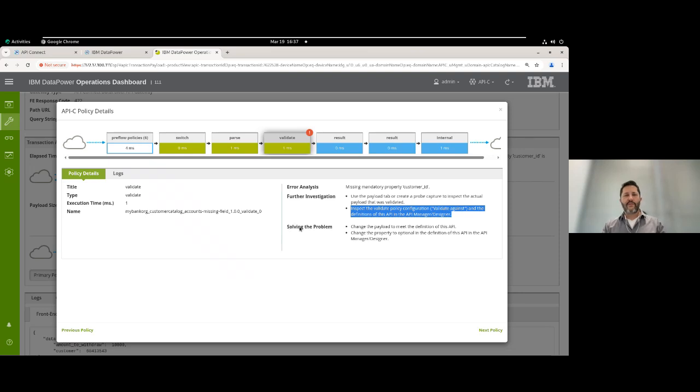Solving the problem can be from two aspects. One is to fix the request, another is to fix the API. So this is what dpod recommends. You can change the payload to meet the definition of this API, which means please send a customer ID field that is mandatory, or you can change the property to optional in the definition of the API if you decide that the customer ID is indeed an optional field,